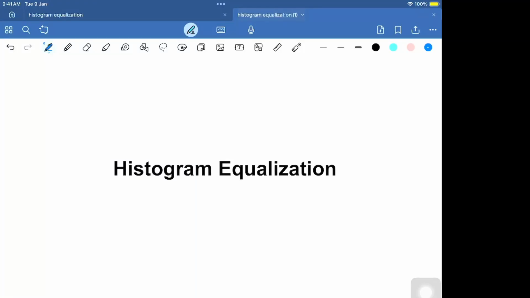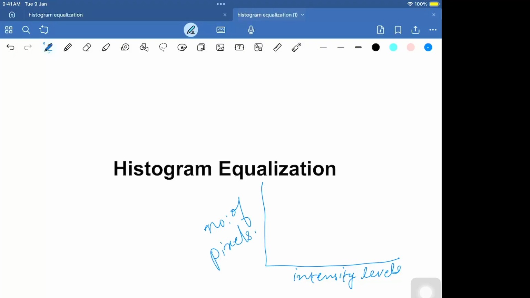Here we will see what is histogram equalization. So histogram is a graphical representation of the input image where the x-axis represents the intensity levels, that is, levels corresponding to the input image will be plotted along the x-axis, and the y-axis represents the number of pixels corresponding to the input image. So that is corresponding to the input image which represents a particular intensity level. So if you have two pixels corresponding to the intensity level 0, the histogram will represent that intensity level like